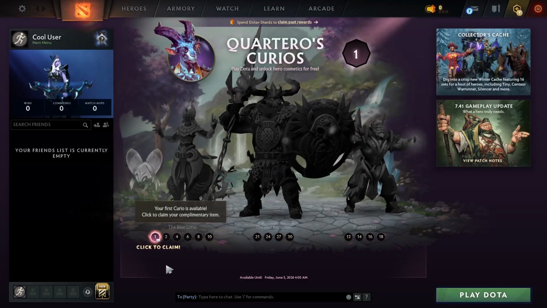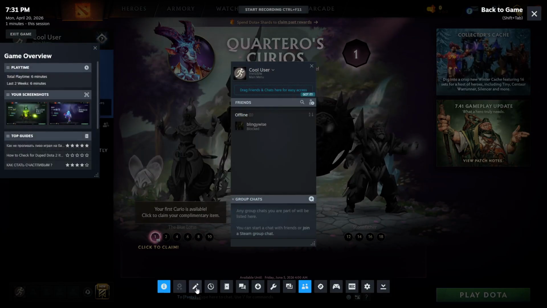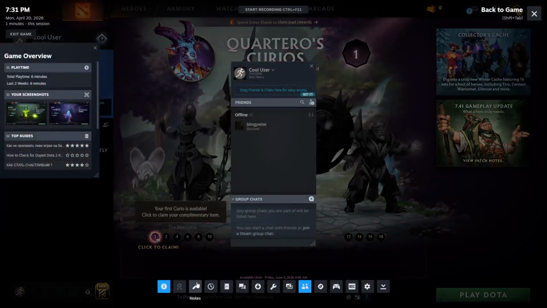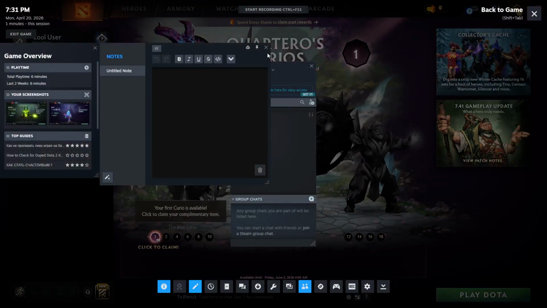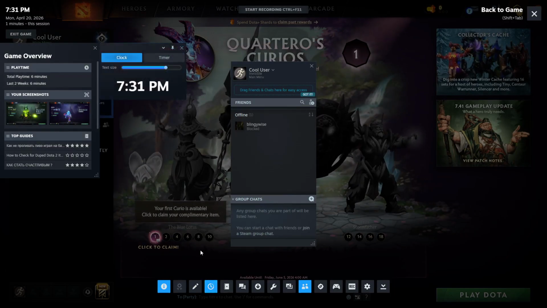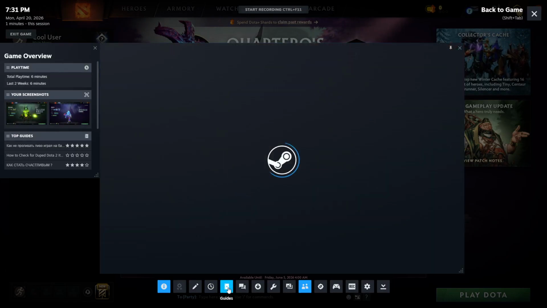Inside the overlay, you have a lot of helpful tools at your fingertips. You can chat with friends without minimizing your game, so it's easy to coordinate strategies or just say hi. If you're setting up a session, you can send game invites directly from your friends list, which saves time and keeps everyone in sync. There's a built-in web browser for quick lookups. Think walkthroughs, patch notes, or a fast check on a quest objective, so you don't have to leave the game